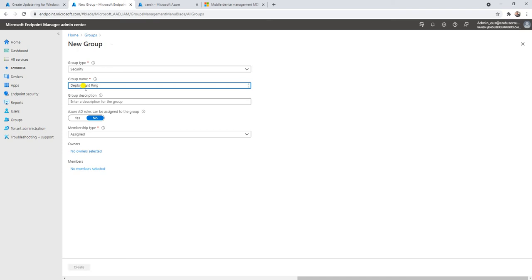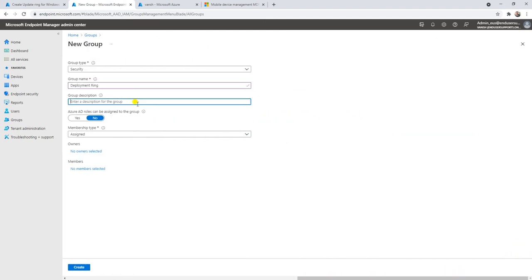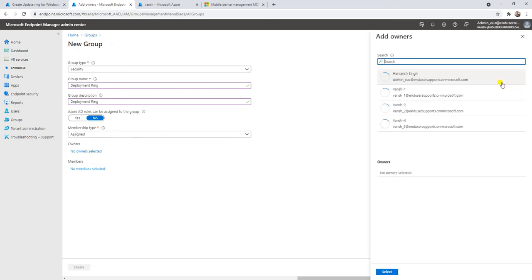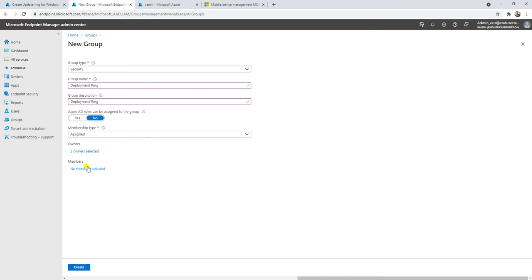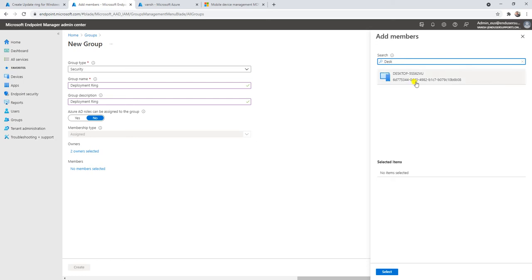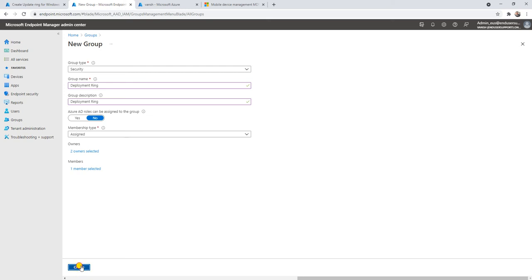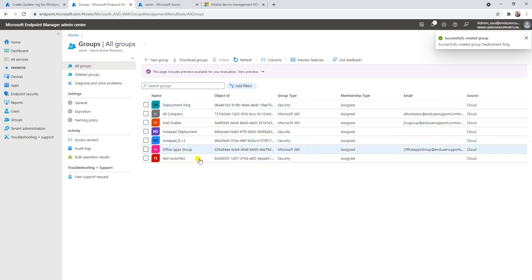I can say deployment ring group, and here it is assigned. Yeah, that's fine. The owner, what I can do is the admin. And view, so we can take this. And now our group is ready.